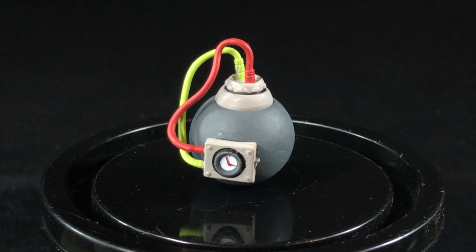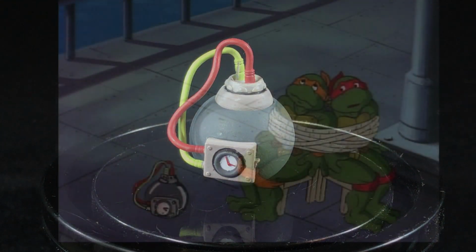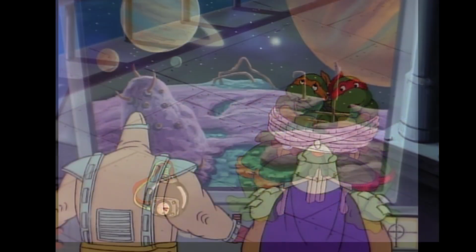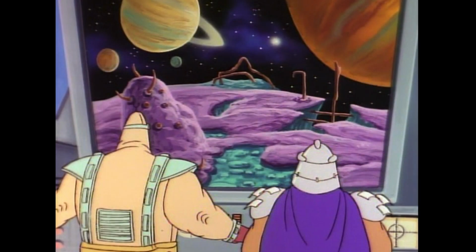And last up is this bomb. A time bomb, to be precise. Now, where is this thing from? Well, it is from the Season 3 episode, Mr. Og. In that episode, Krang learns that a formula exists in Dimension Z that can transmute crude oil into liquid hydrogen, the very element he needs to repower the Technodrome. He uses what little power he has to open a portal to Dimension Z for 30 seconds, and that's when